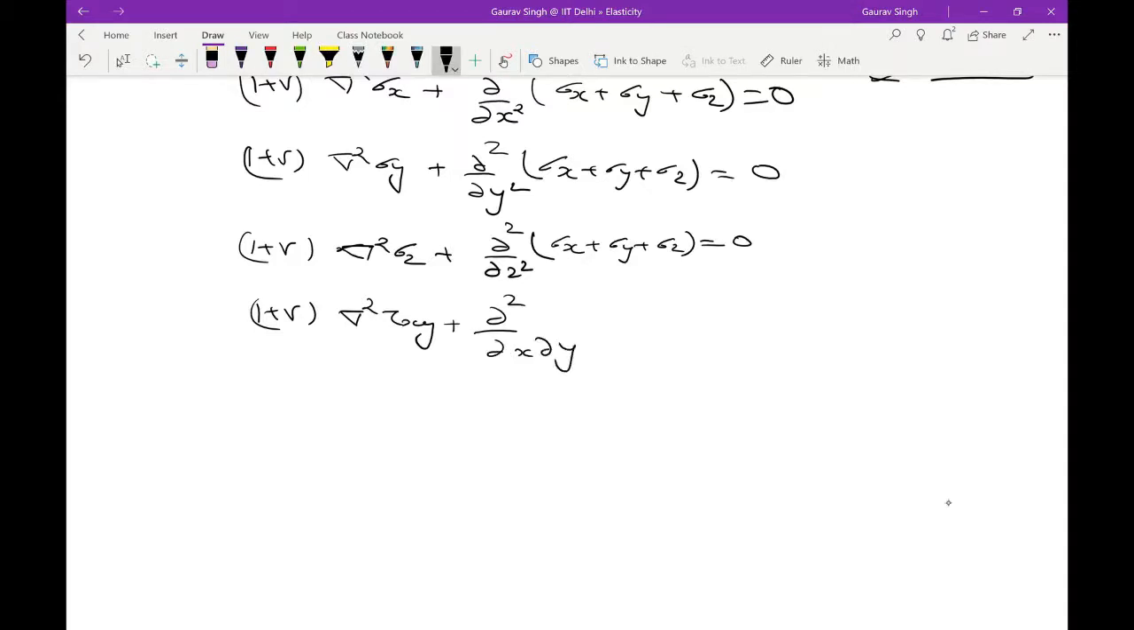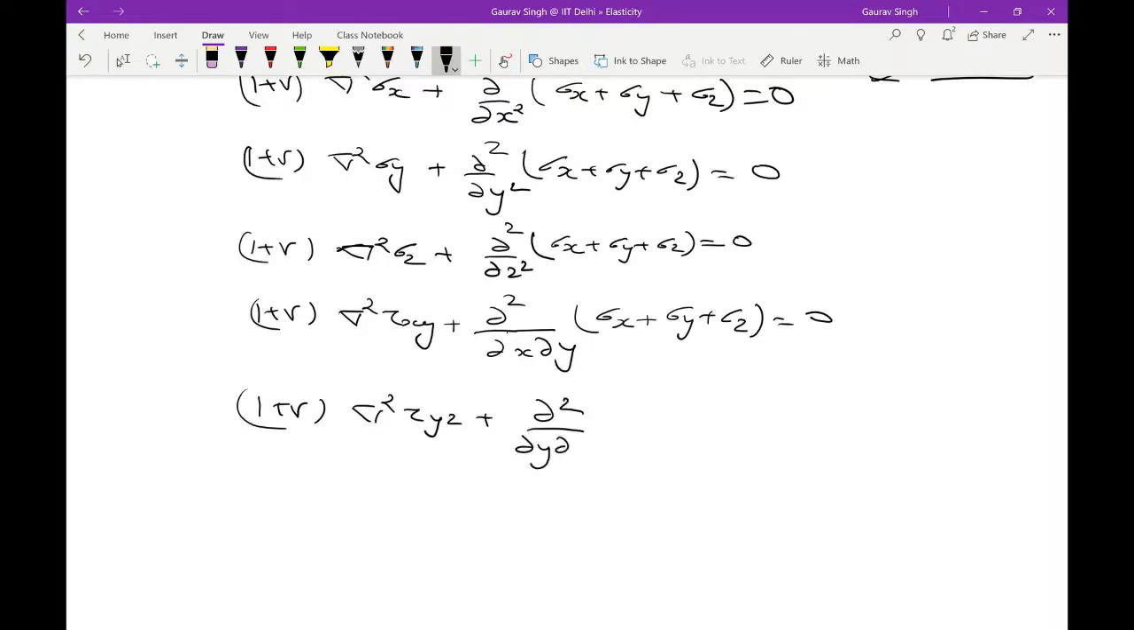Please verify that we actually get this. All you have to do is just ignore the body forces and then expand it with i and j. So I'm just writing the final scalar form. And lastly,